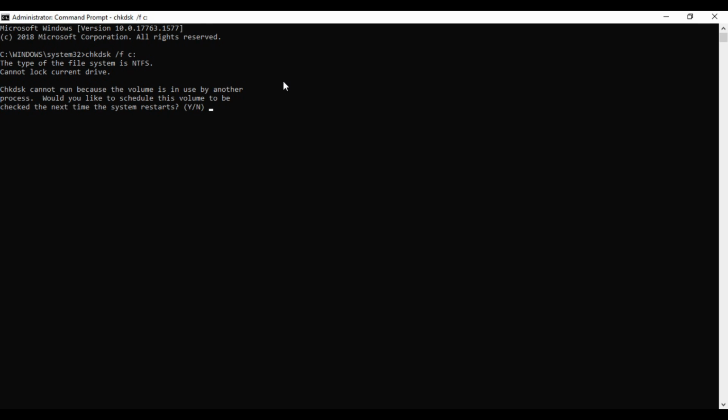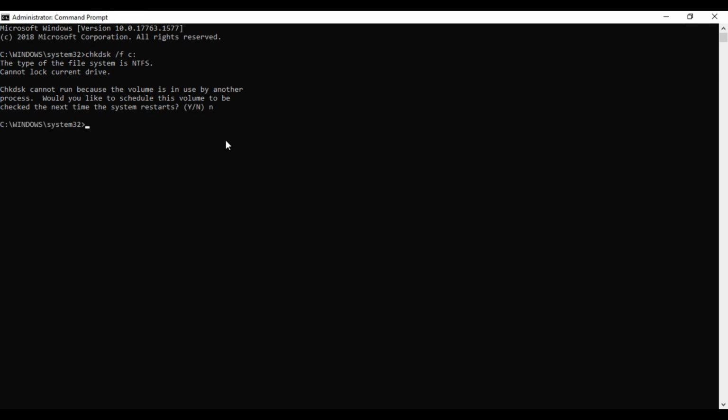Here it will ask, would you like to schedule this volume to be checked the next time the system restarts? Two options are there: first Y, that means yes, and second N, that means no. If you type yes and press enter, it will repair the drive the next time your system restarts. So I will now type N and press enter.